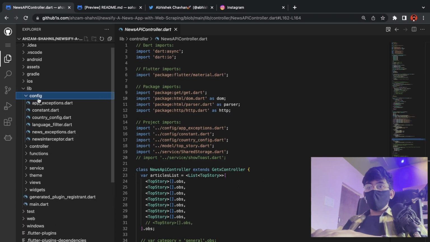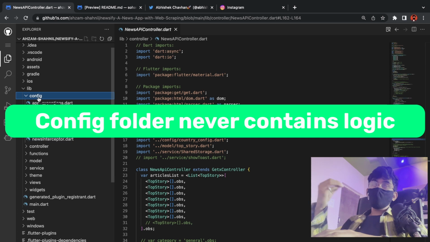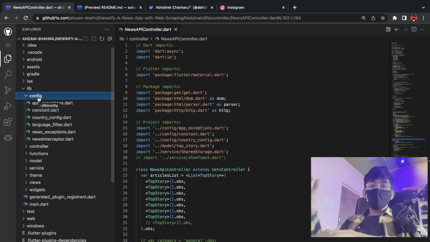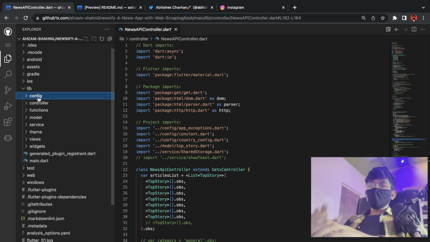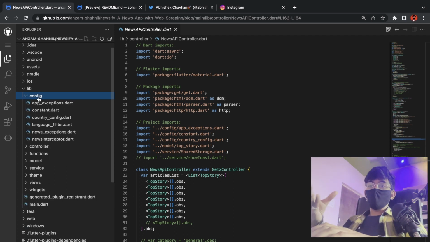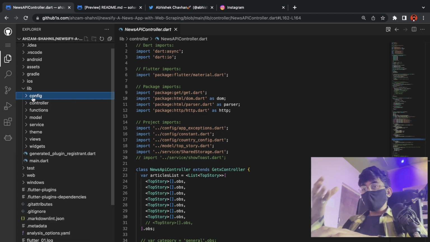And let's go under config. Now those who don't know, we use config folder to store environment variables, to store interceptors, to store common colors, common text styles, and common strings, etc. Right, so this guy Azam has done very fantastic work in adding the following config folder. Most of the developers don't do it when they are starting out. Right, so start creating a config folder and put your files here.